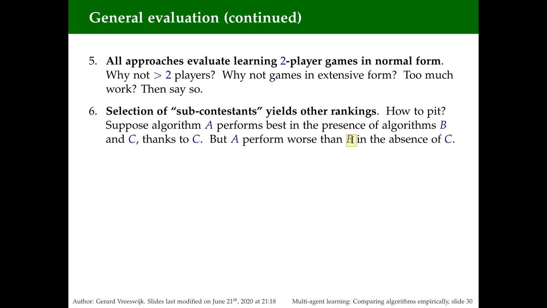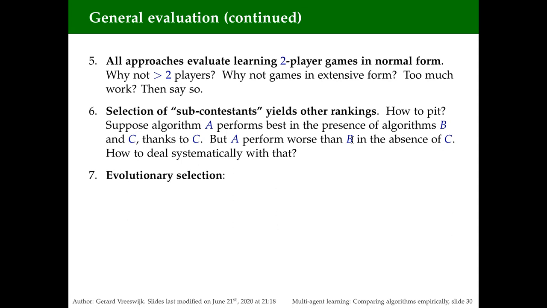So it makes a difference how you pool the different algorithms against each other. And the question is how to deal systematically with that. So we saw that Busey had some approach by eliminating the worst performing algorithm and then subtracting the winnings against the worst performing algorithms from the surviving algorithms, but that is just one method.